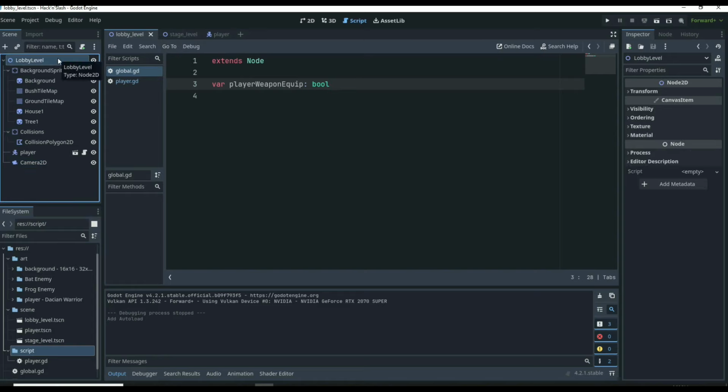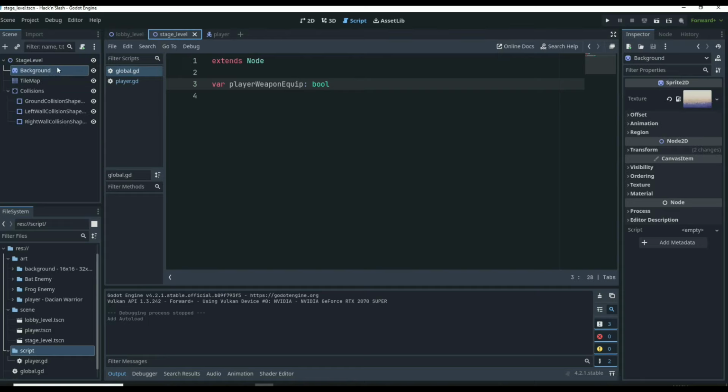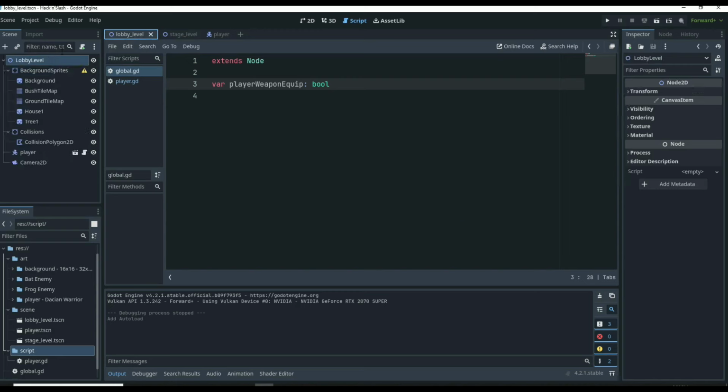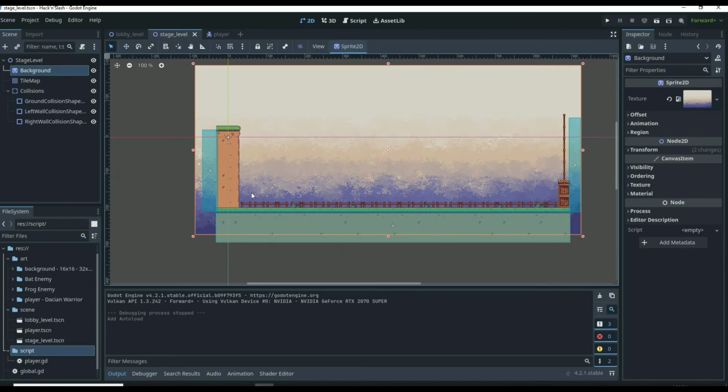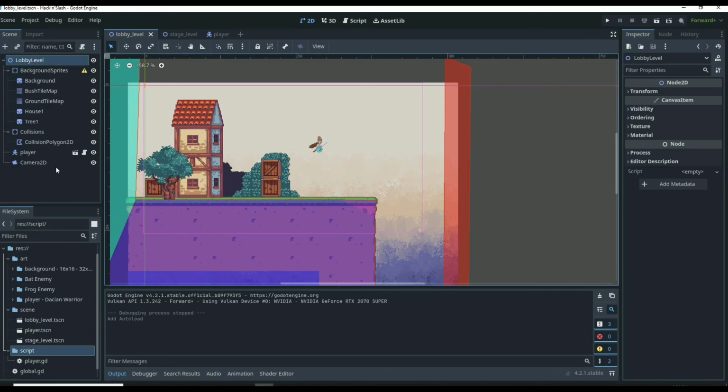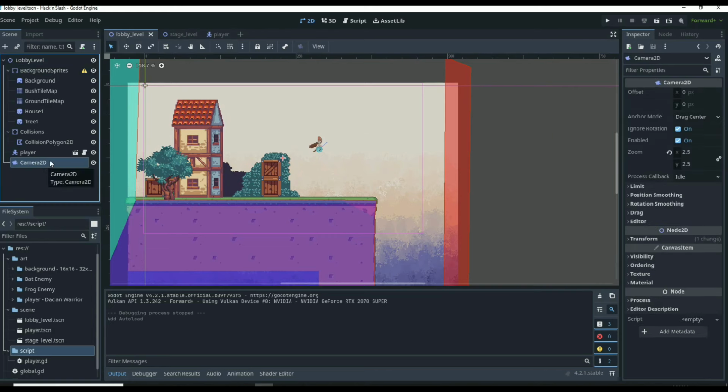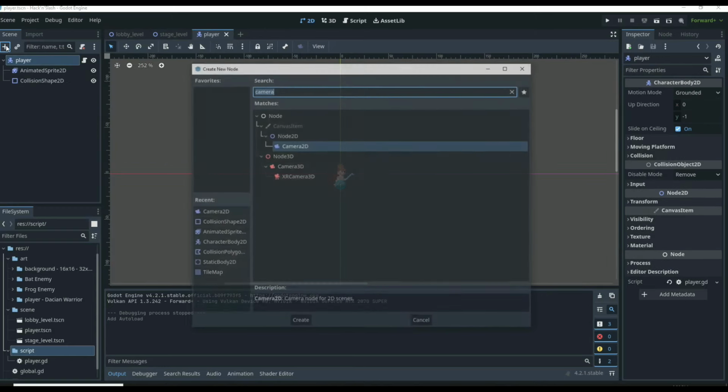We want to do the lobby scene first, because our player is going to have its own camera. The player currently doesn't have a camera, but we're going to have our own camera for when we're in the stage scene so we can follow the player. In the lobby scene, we're just going to have this still 2D camera. So basically, when we're in the lobby scene, we want to make sure the player's camera is disabled, and this camera is enabled. To do that, we can go into our player first,